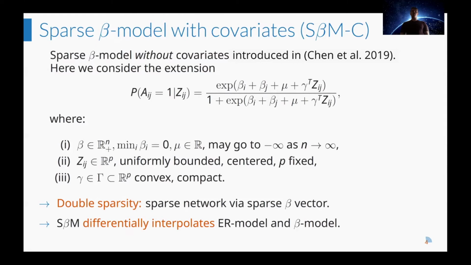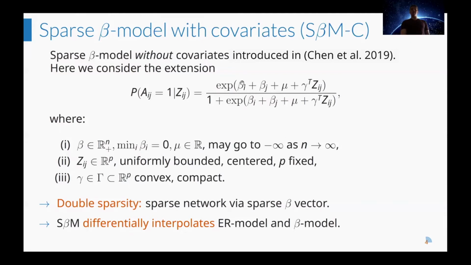It is an extension of the sparse beta model, which was introduced by Chen et al. in a 2019 paper. In this model, we assume that for each pair of nodes i and j, we observe some bounded centered p-dimensional covariate vector Z_ij, where p is assumed to be fixed. Then given this covariate vector, the probability of observing an edge between i and j is given by this formula,